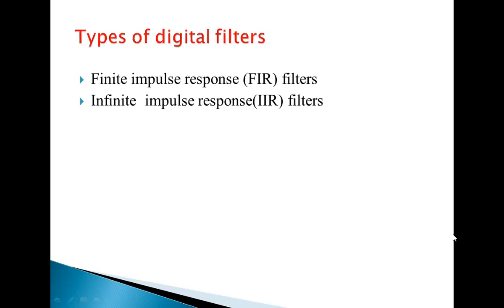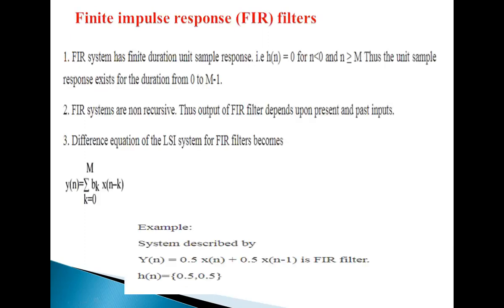So next we will understand the types of digital filters. There are, as I mentioned, two types. One is the finite impulse response filter and another one is the infinite impulse response filter. Let us understand one by one. So first let us understand finite impulse response. Here, as the name indicates, finite, it has a finite duration sequence of unit sample response, we can call it, and it is denoted